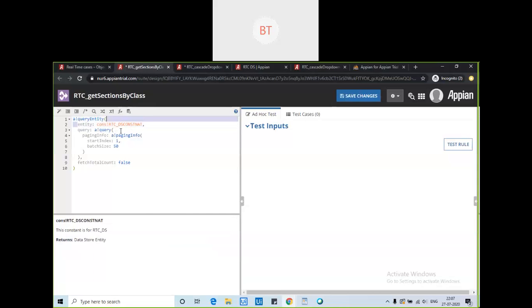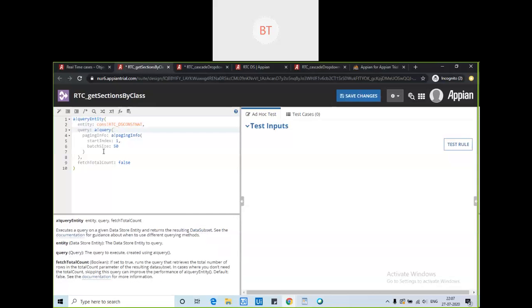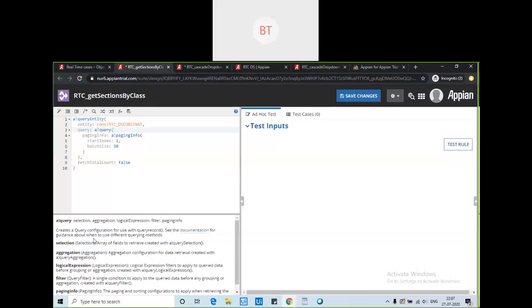The next portion is the query. In query, see it's written here, you need to use a query bank. So a bank query, if you put the cursor here, we will be able to see what operators this a bank query has. Till now I have not used anything. I just want to show what this will return if we don't give any of this. So just wait here and see.